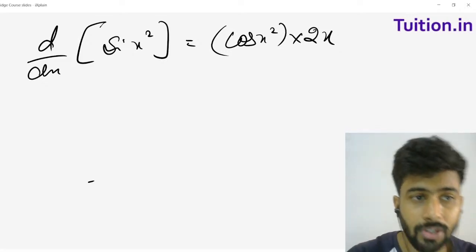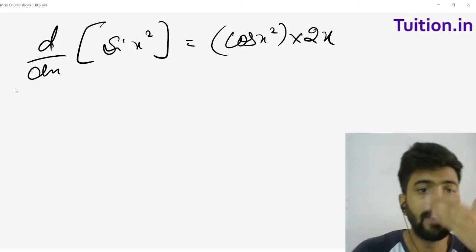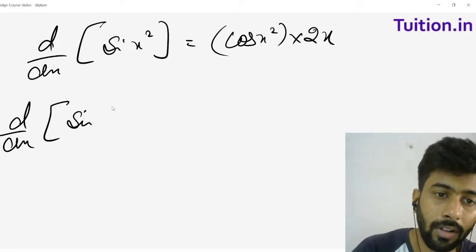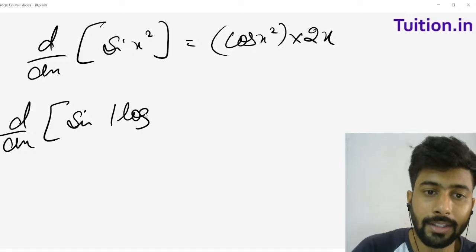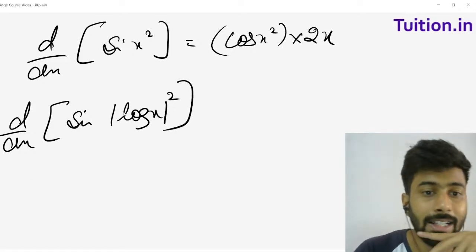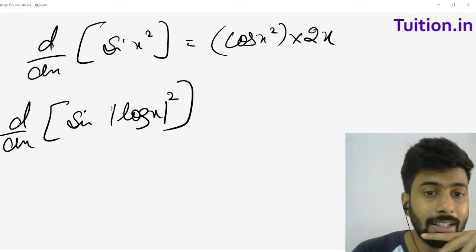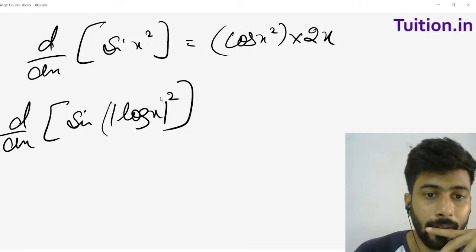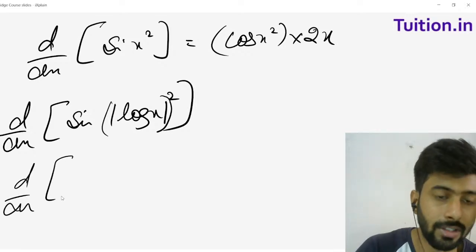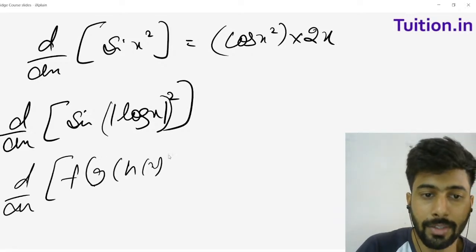explain composite functions. You can also have something like, what is d by dx of sine of log x square? Now this is tricky, even more tricky. Why? Because this is like two functions, d by dx are three functions, f of g of h of x. This is something like that,